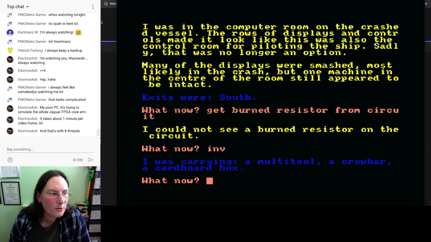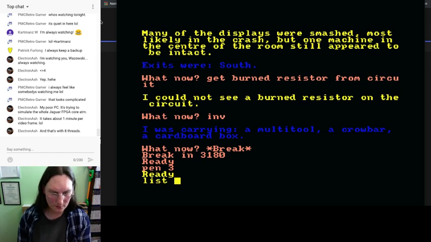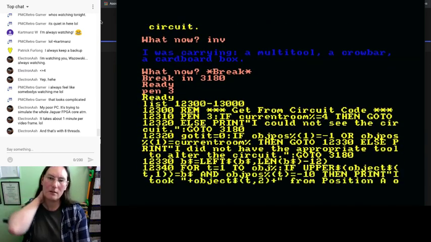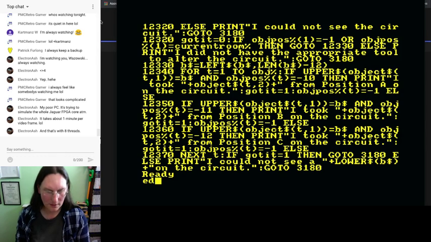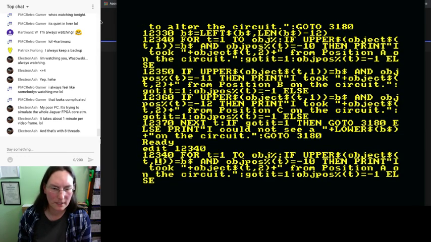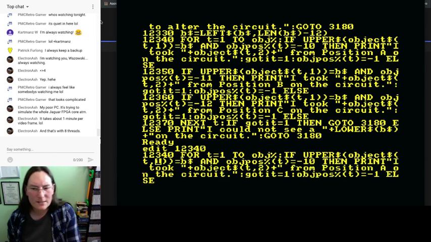What could we do? What are we doing wrong? This is an oddity. List 1230 0 to 13000. Edit 12340. That is a comma, isn't it? Not a full stop. Yeah, it is. Well, that's how we would notice. It is right. So,